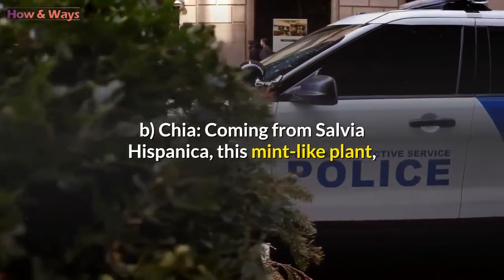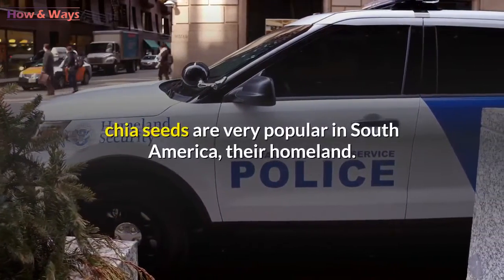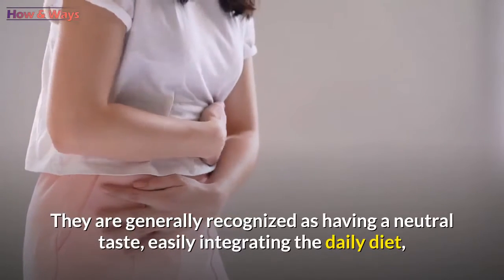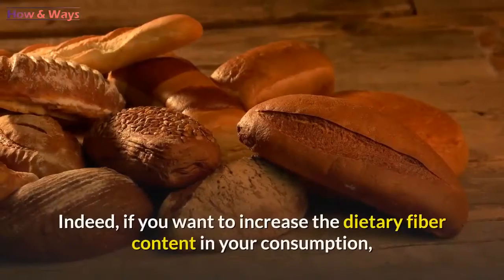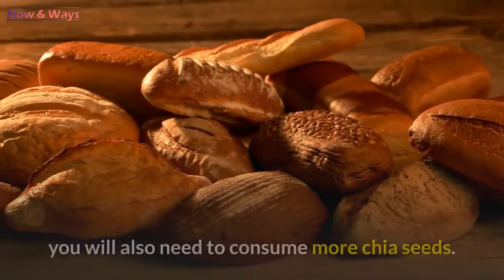B. Chia. Coming from Salvia hispanica, this mint-like plant, chia seeds are very popular in South America, their homeland. They are generally recognized as having a neutral taste, easily integrating the daily diet, but also their great usefulness in relieving constipation. Indeed, if you want to increase the dietary fiber content in your consumption, you will also need to